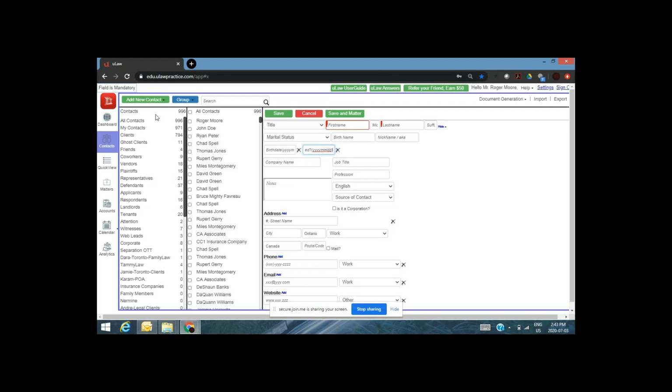As long as you have a subscription to the uLaw platform, you are able to use the same username and password that you would enter on the web version on the mobile version as well. So the same information that you captured right here in the client intake form, right? Title, first name, last name. This is exactly how you do a client intake. Right? So let's say